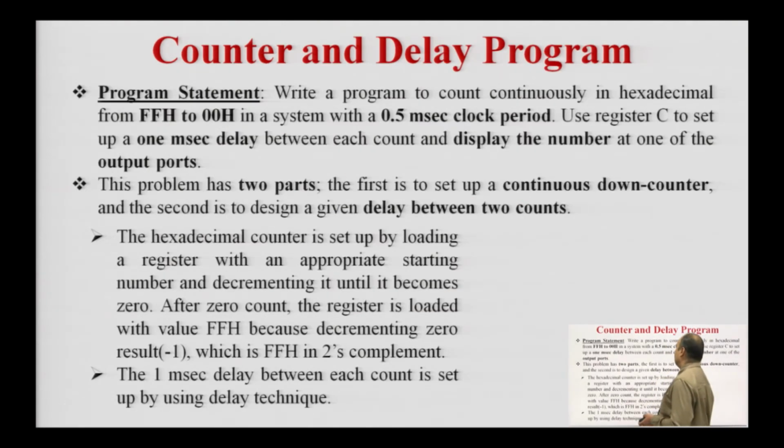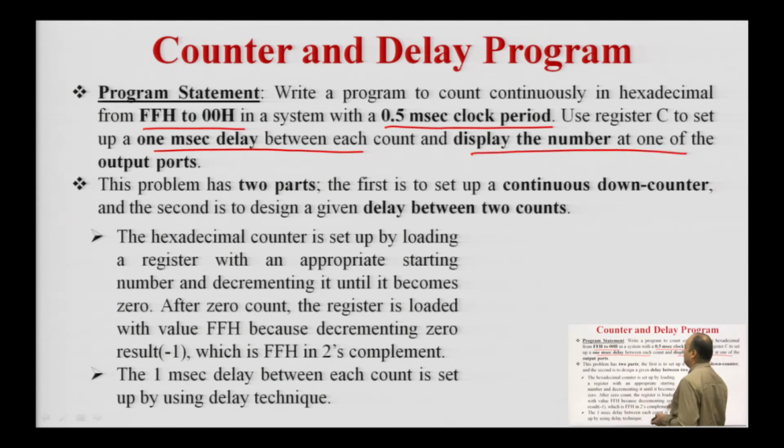Now, let us see the program which will perform the down count operation and generate the delay simultaneously. The program statement is: write a program to count continuously in hexadecimal from FFH to 00H in a system with a 0.5 millisecond clock period. Use register C to set up a 1 millisecond delay between each count and display the number at one of the output ports.